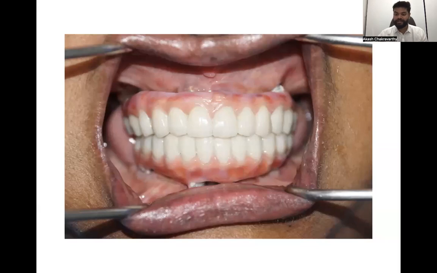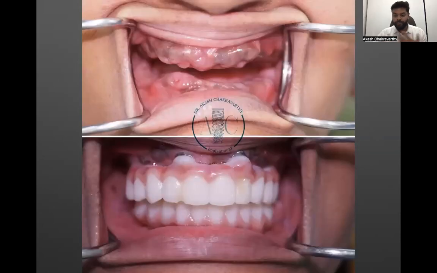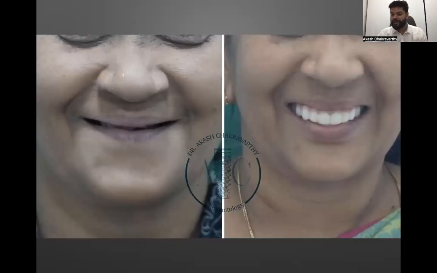And after 6 months, this is a mallow framework, upper and lower. And this is how the patient looks now. So this case, we have a follow-up of about 4.5 years now, and the bone is looking absolutely beautiful. So this is another case where we had done all-on-4 in the maxilla, and we had gone for 5 straight implants in the mandible. If you have bone, you go for 5 straight implants in the mandible. Again, implants were placed, and monolithic PMMA long-term prosthesis is given to the patient. So that's how the patient has come in, and that's how the patient left our clinic.